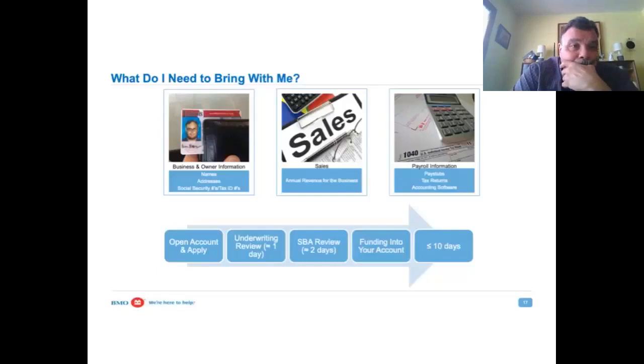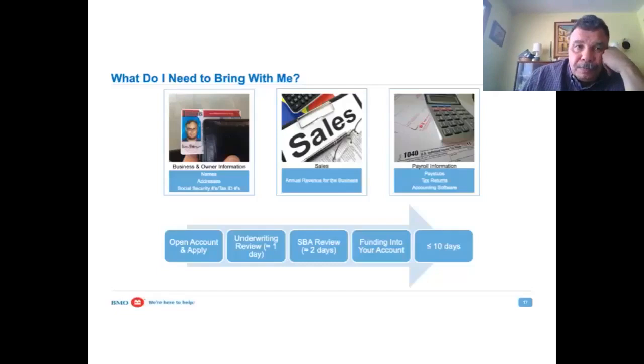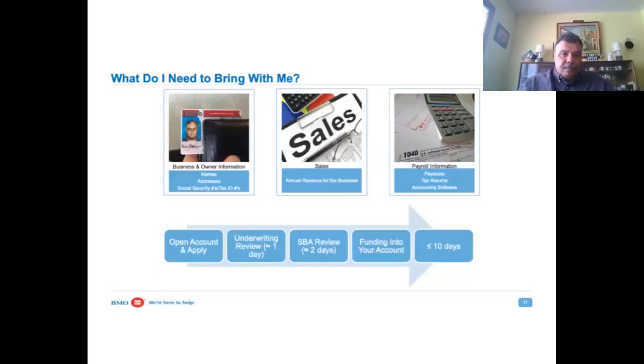So once you have that information, how does the process actually work? First thing, stop by one of our branches, talk to any one of the bankers in that branch. They're going to ask you to open up a checking account. Now, why do we do that? The reason we require a checking account is really for fraud, to make sure that when you're applying, it's you and you're getting your funds, and not some fraudster down the street who's impersonating you. We're also doing it to cover a variety of government regulations, as the government requires us to know our customers and be very familiar with them.